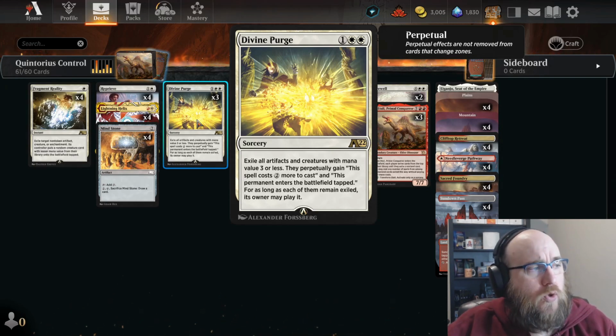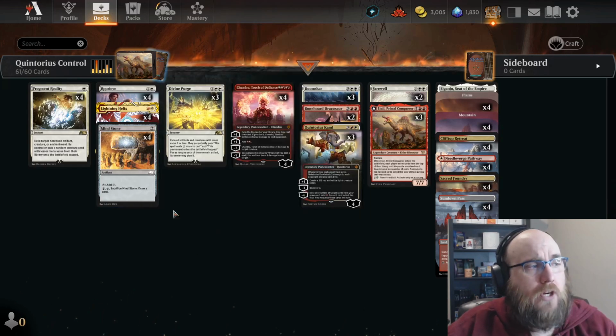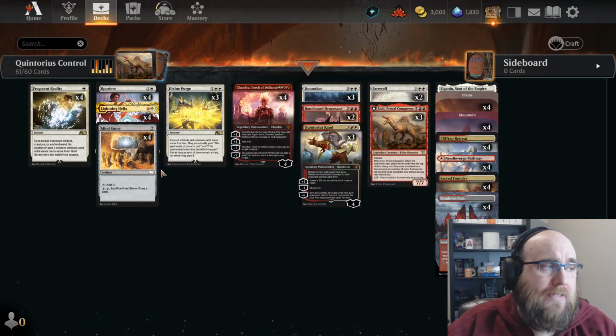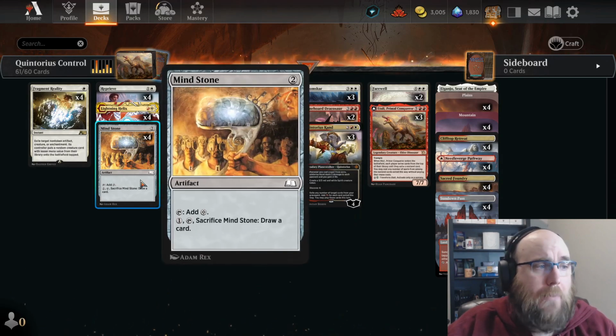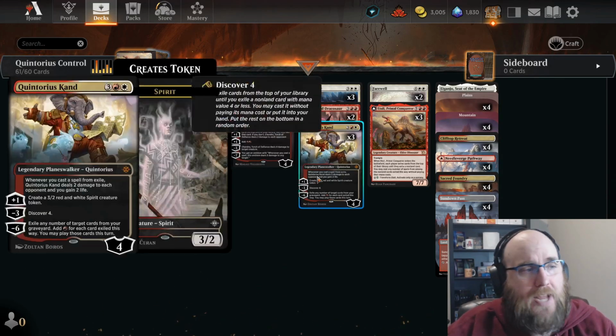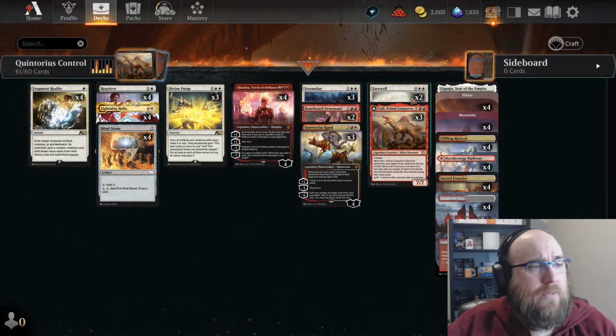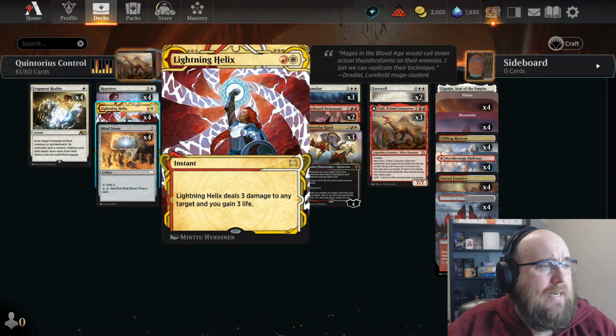So this is actually kind of cool, a little bit of synergy with our Mind Stone. If we do have a Mind Stone in play and we do cast Divine Purge, it will exile our Mind Stone, but then we can cast it from exile and then get in a little bit of damage with Quintorius Kand. And then we're going to round this deck out with some Farewells for removal,